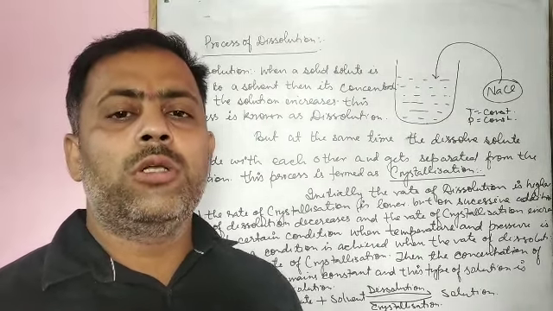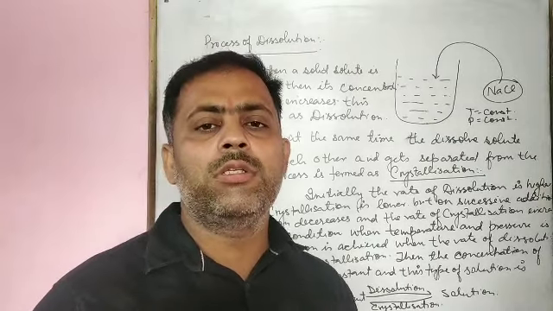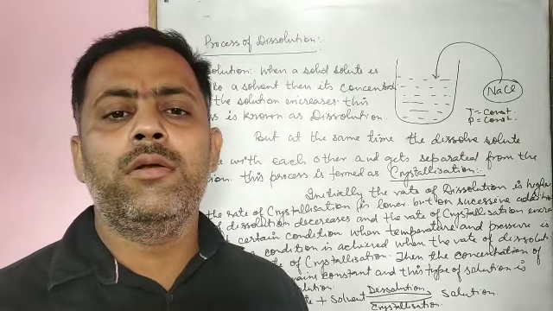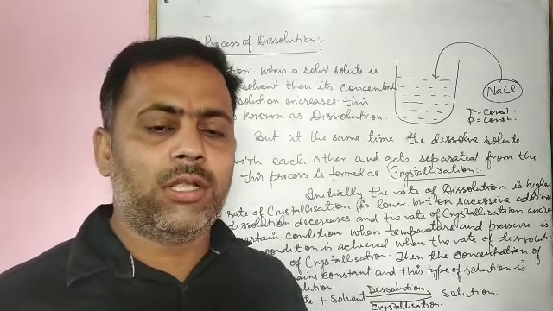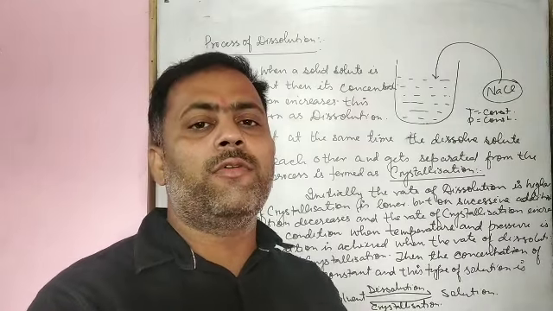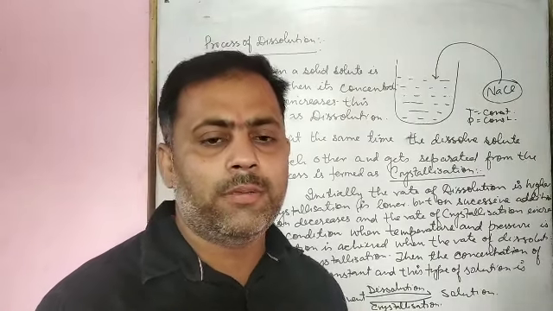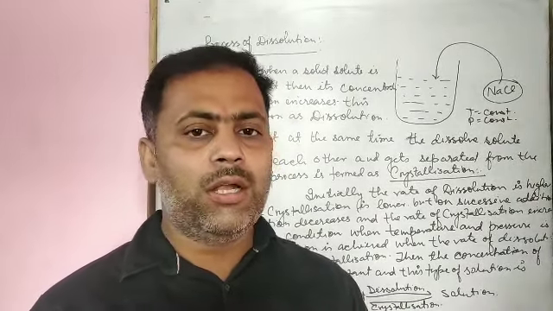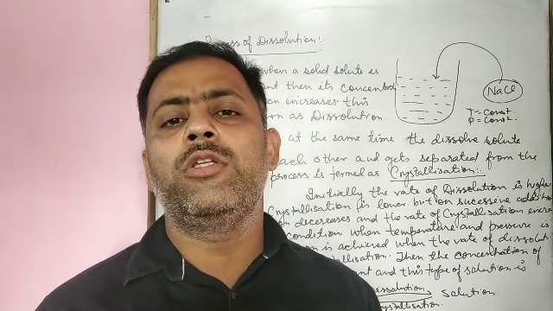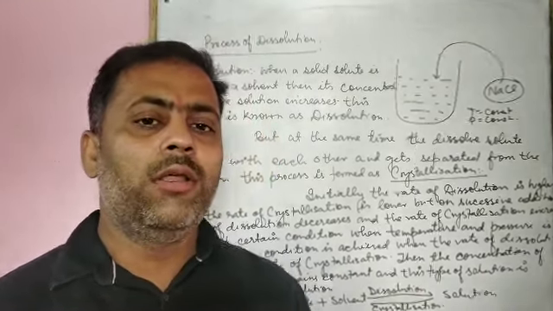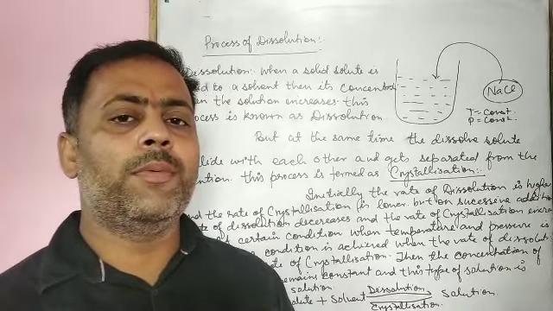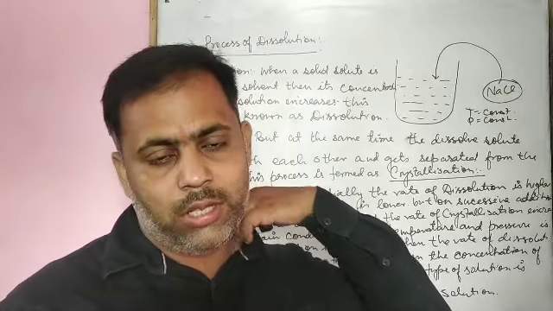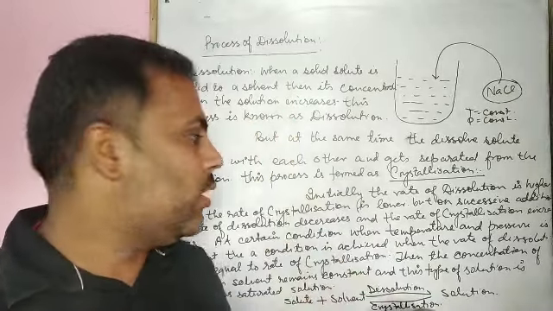What we see here is, when we start to dissolve sodium chloride into water, at the initial condition the concentration of sodium chloride in water increases and the process is termed as dissolution. But at the same time, the sodium chloride in the water begins to collide with each other. When they collide, they separate out from the solution. The process is termed as crystallization. On further dissolution, a condition is reached where the rate of dissolution is equal to the rate of crystallization. At that condition, a dynamic equilibrium is achieved and the concentration of the solute in the solvent remains constant. This type of solution is termed as saturated solution.